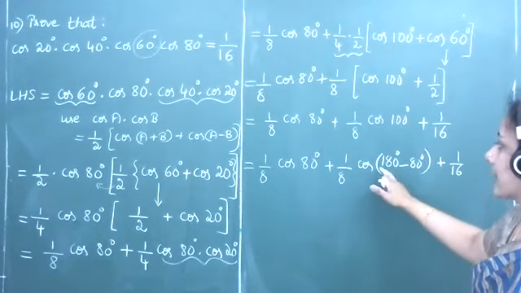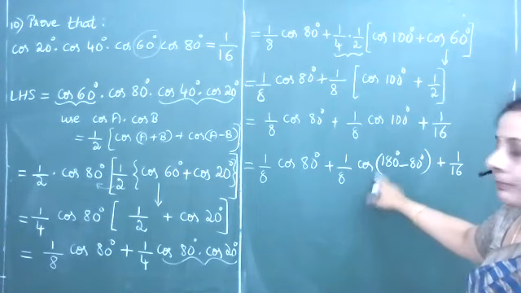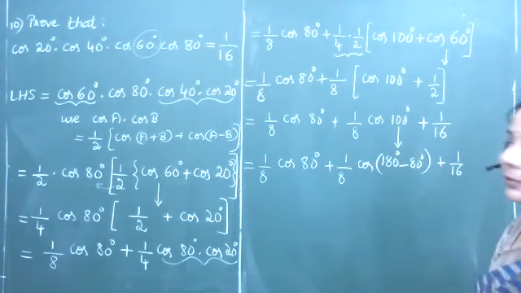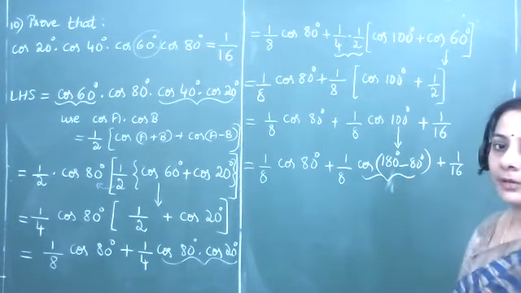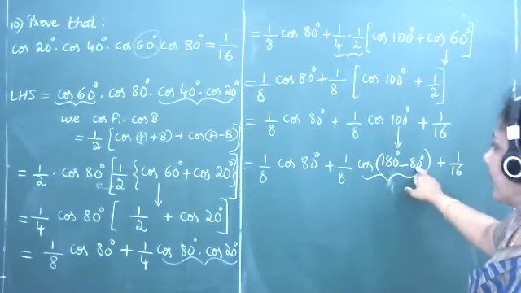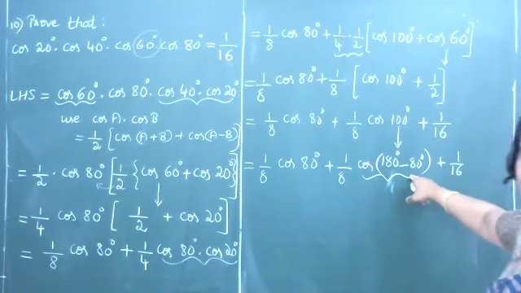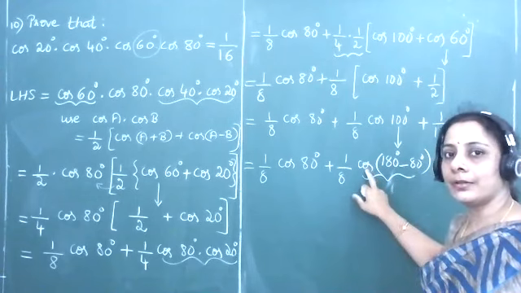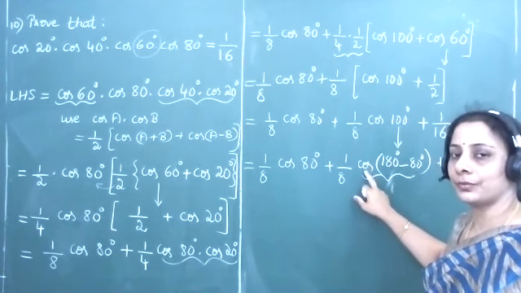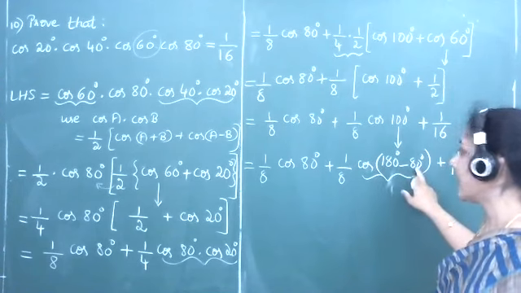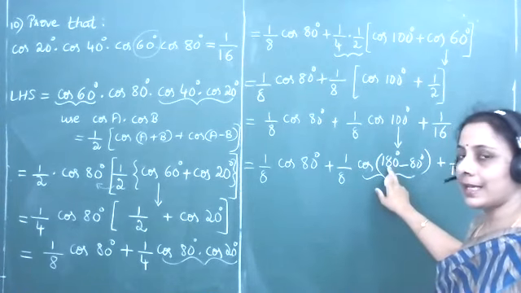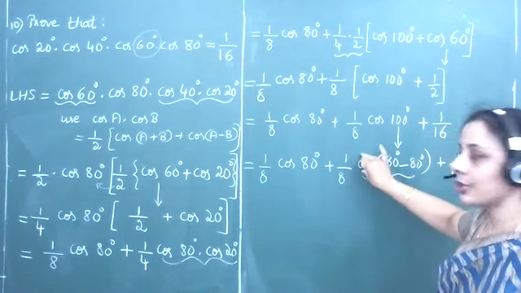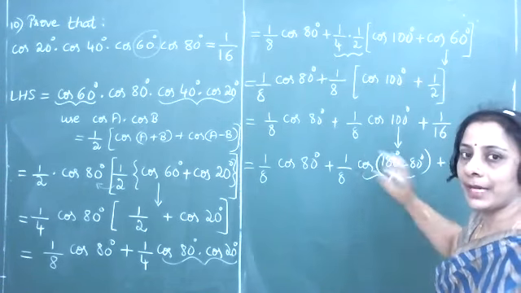Now in the next following step, I will bring the concept of allied angle. First we are reducing 100 to 180 minus 80. In the second step, I will be using the concept of allied angles to cos 180 minus 80. 180 minus an angle must belong to the second quadrant. In the second quadrant, all of us know that cosine has a negative value. So cos 180 minus 80 should become minus cos of an angle. And whenever we take the help of 180 degrees, the ratio does not change. It will remain as it is.